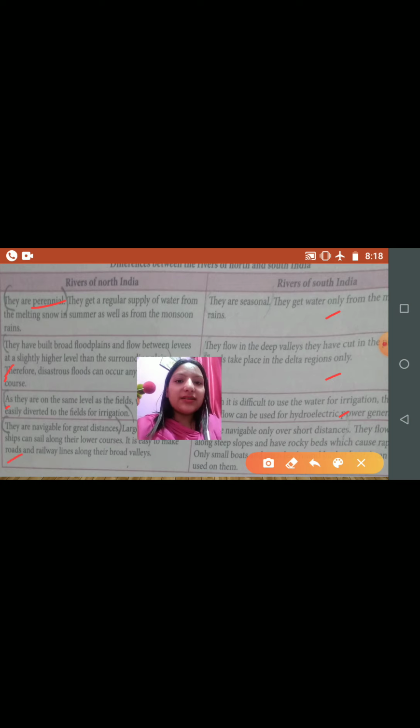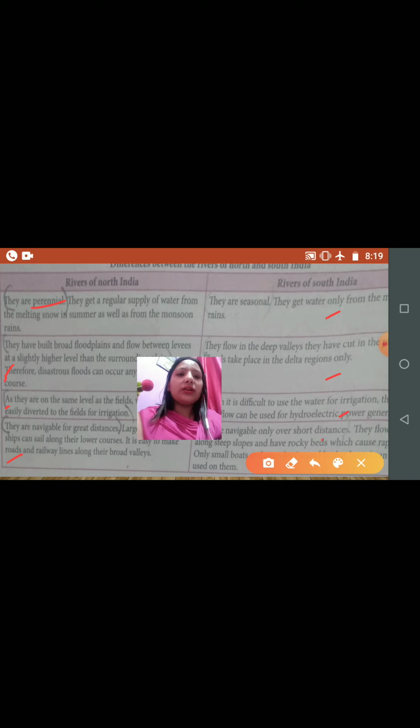Then the last important point: the rivers of North India are navigable for great distances. Large boats and even ships can sail along their lower course. It is easy to make roads and railway lines along their broad valleys. But the rivers of South India are navigable only over a short distance.